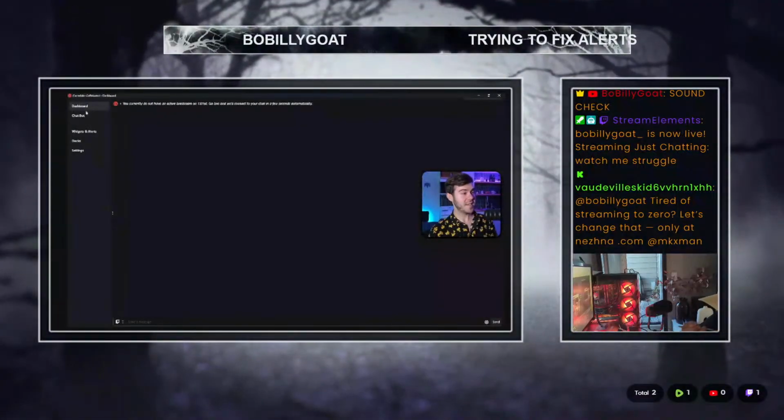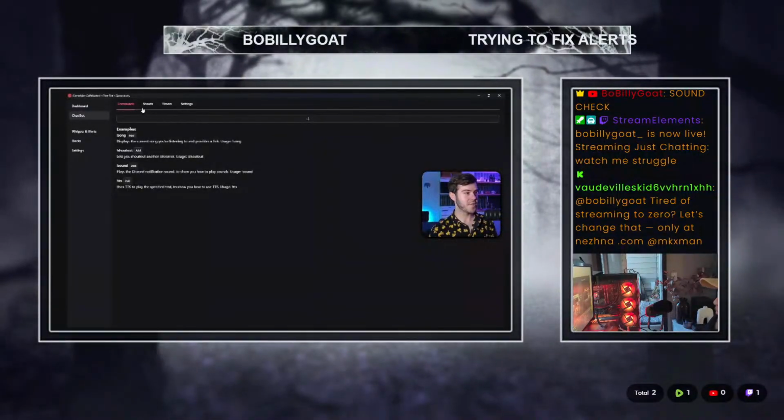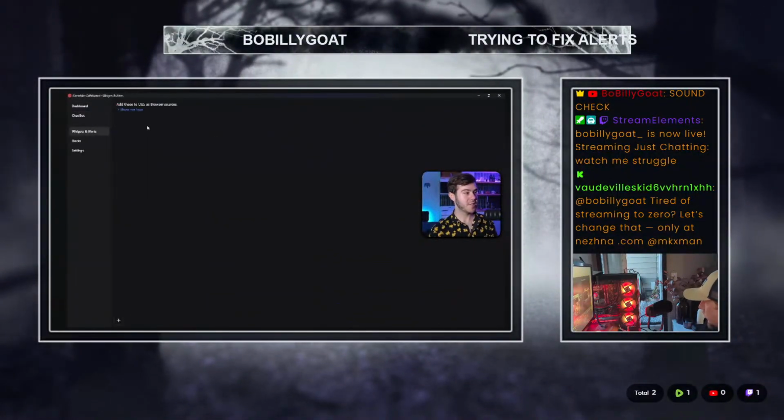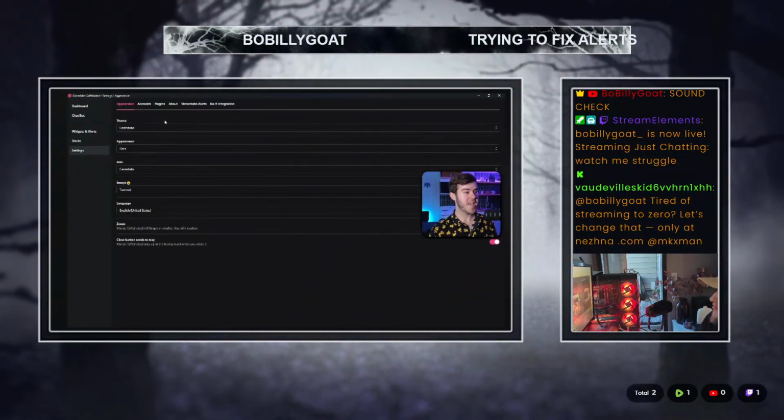If we look on the left-hand side here, we got the dashboard, which isn't showing anything right now. We got Chatbot, if you want to use the Chatbot stuff, I guess. We got widgets and alerts, which I'm not going to be talking about. Docs for later, but we're going to focus on the settings because we need to connect all of our accounts